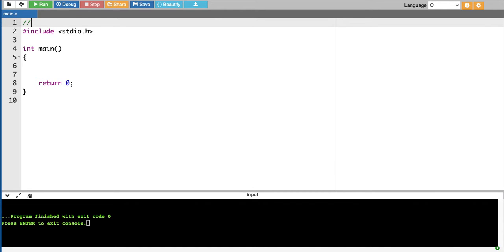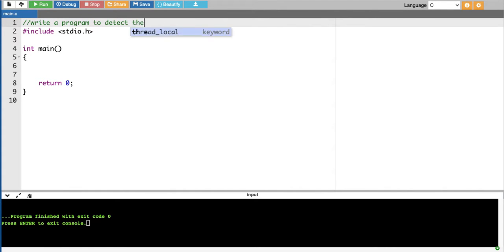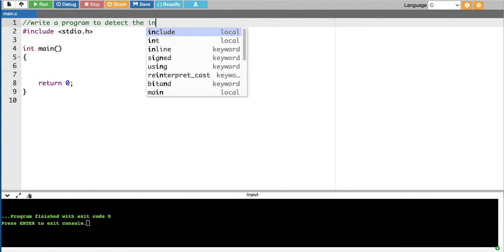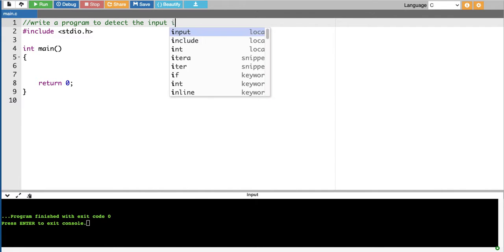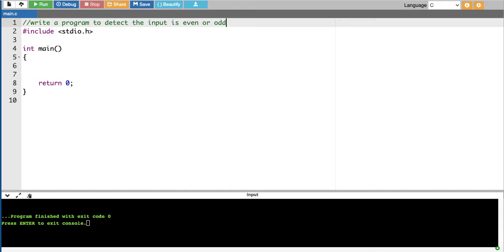We are going to write a program to detect whether a number is even or odd. So, write a program to detect whether the input is even or odd. Okay, so what we are going to do, first we have to take one input from